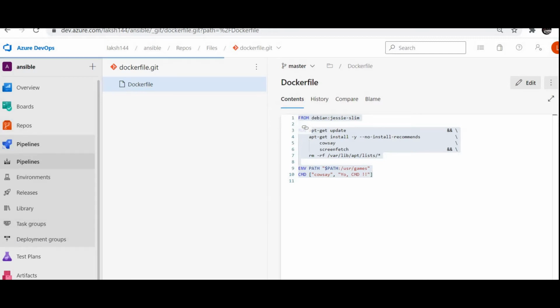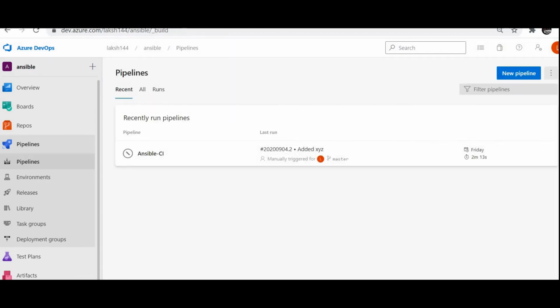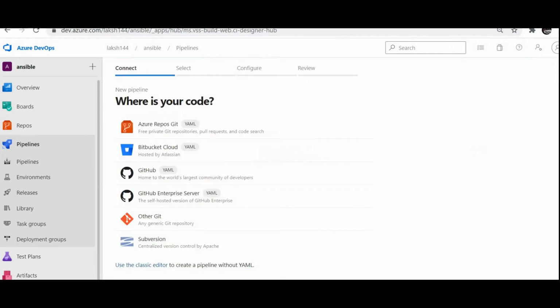Let's go to pipeline. Click on new pipeline. I am using the classic editor.